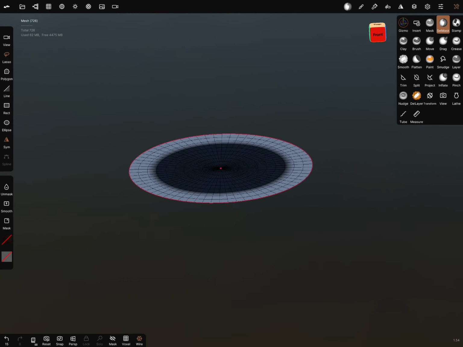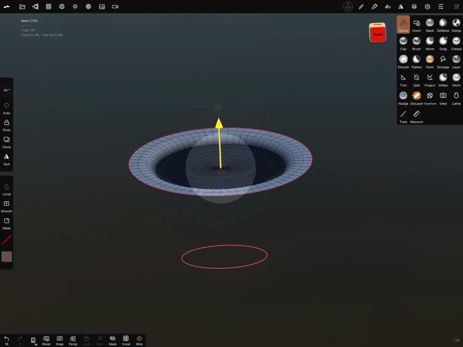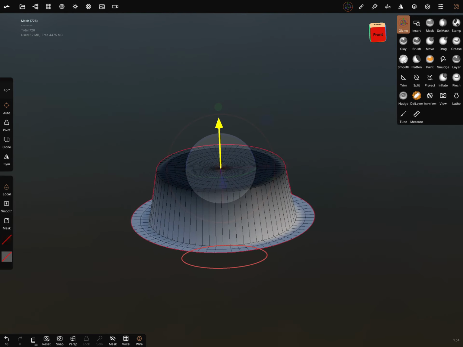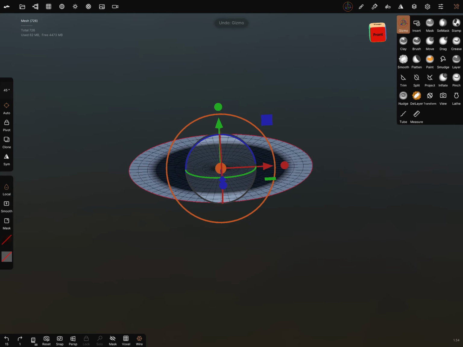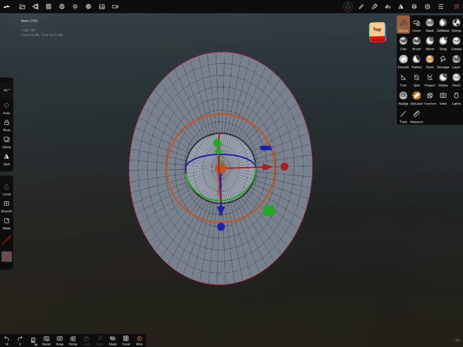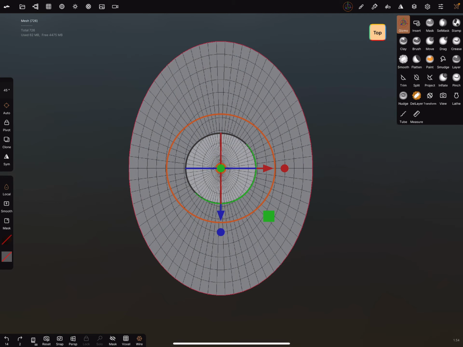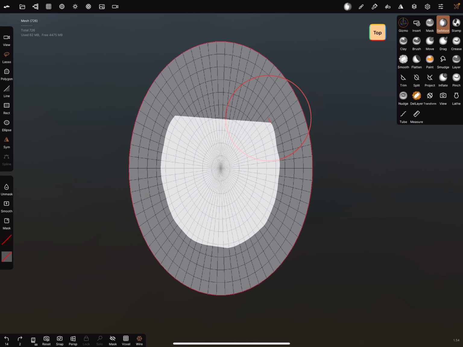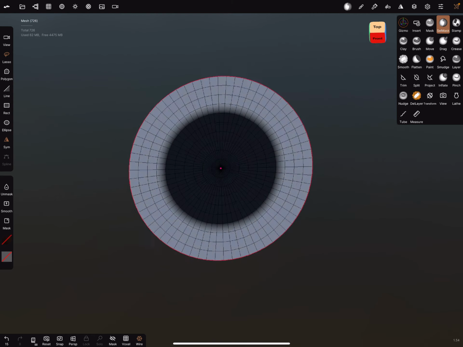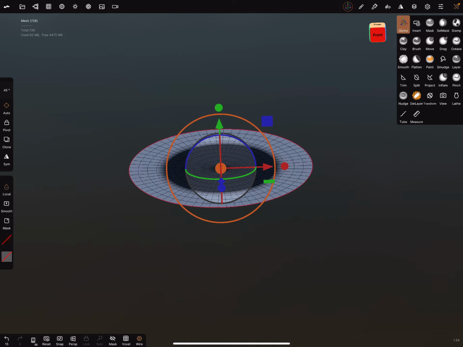And now you can use the gizmo and bring the head up. I think I go back and I draw another selection mask. I use only this ring to make the border a little bit more. And now the gizmo.